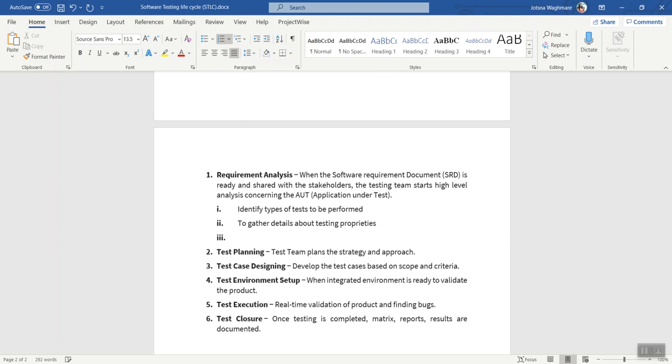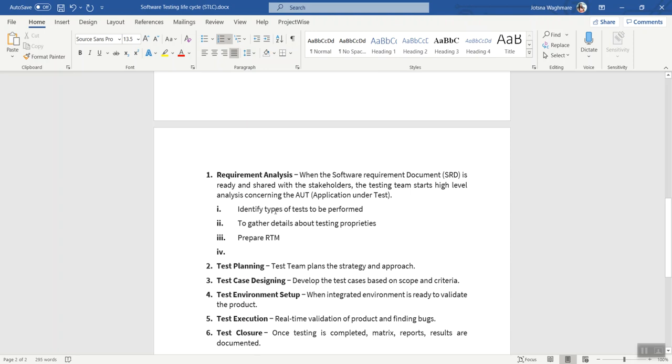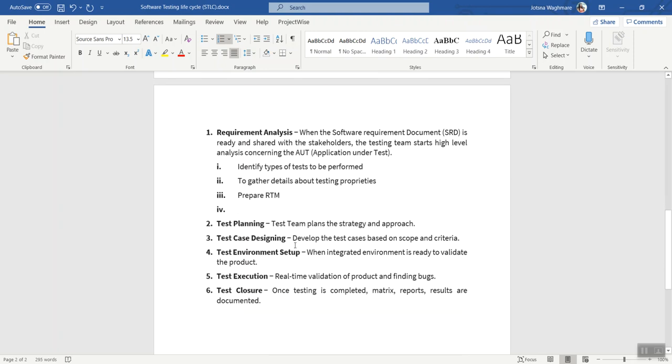The third activity includes the preparation of requirement traceability matrix, which is RTM. Prepare RTM, requirement traceability matrix. The fourth one is to identify test environment details.